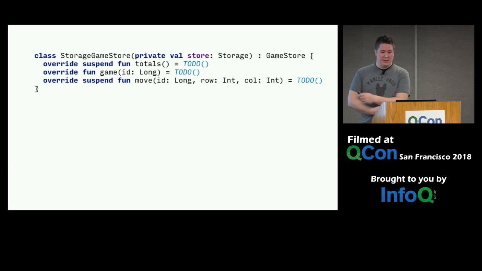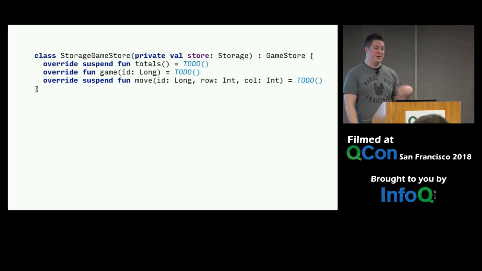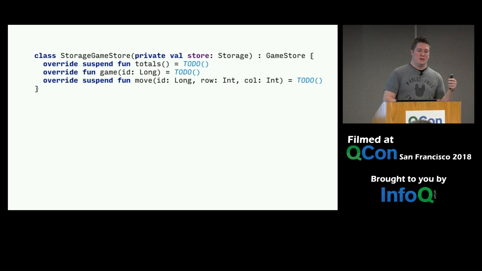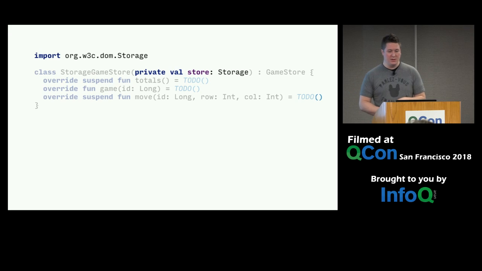And then JavaScript, we use like local storage. And what's interesting here is that Kotlin's standard library also has platform-agnostic and platform-specific versions. So there are APIs that you can call in that common code, like the view models. You have a list, you have primitives like string and integers. But if you're compiling against a platform-specific standard library, you have types that are available only in JavaScript, like the DOM storage